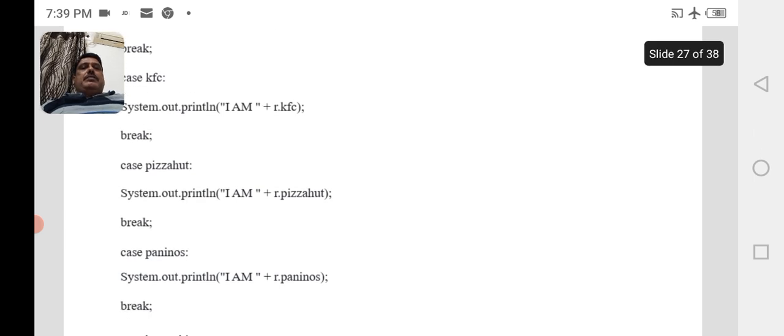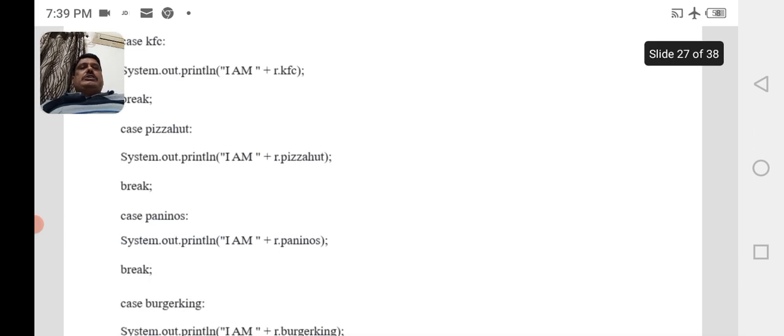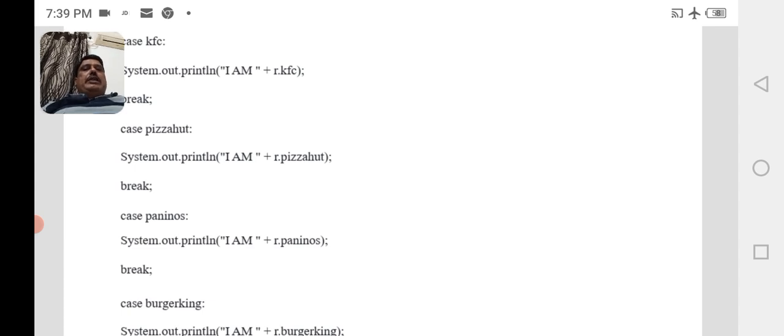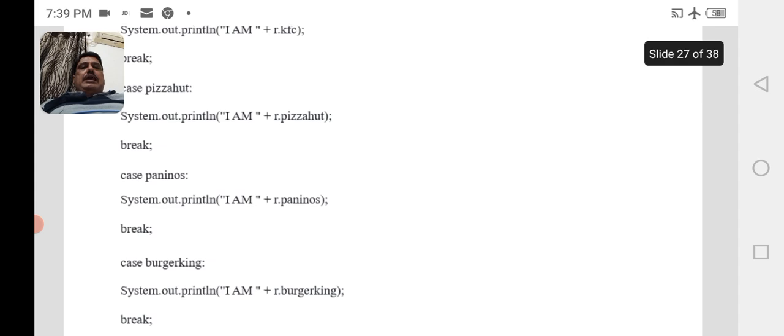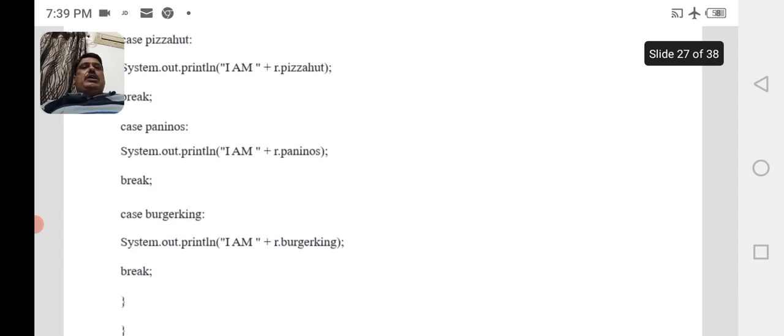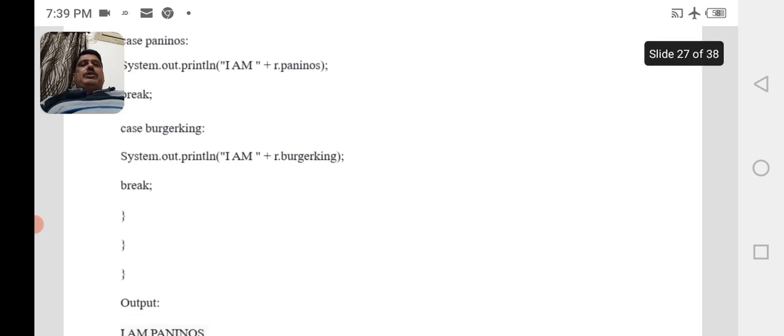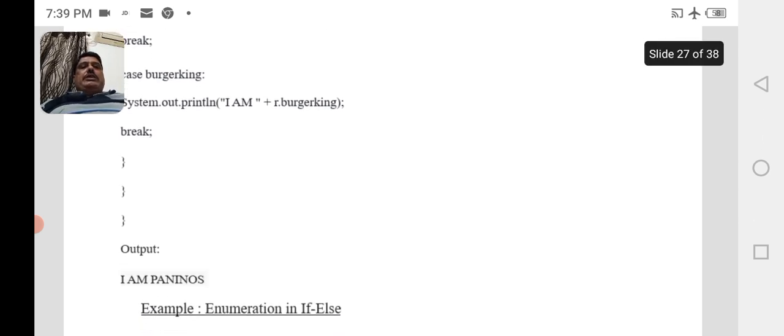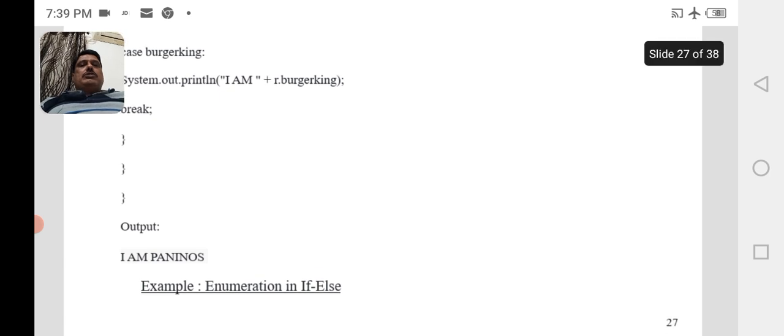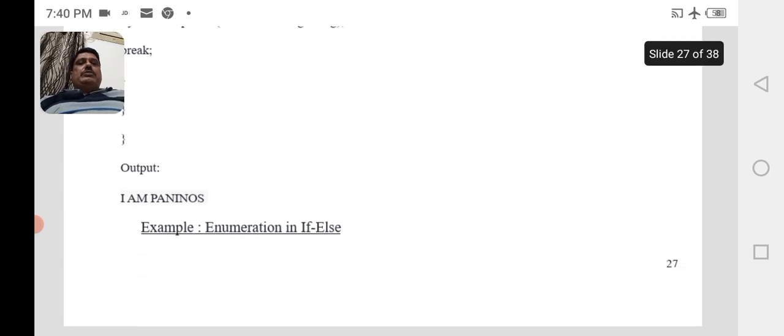Case Paninos: system.out.println I am plus R.Paninos. Break. Case Burger King: system.out.println I am plus R.Burger King. Break. When the above program is executed, you will get the output: I am Paninos.